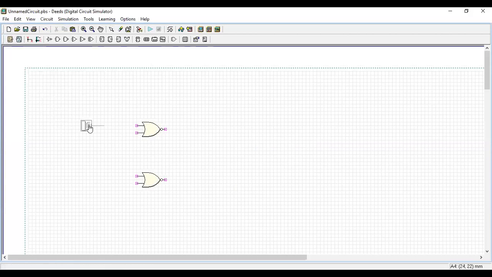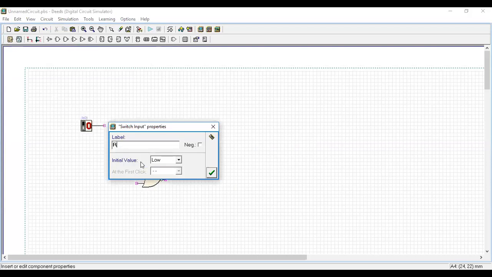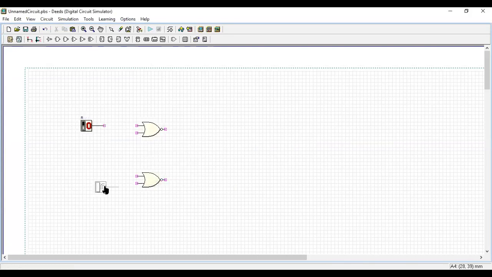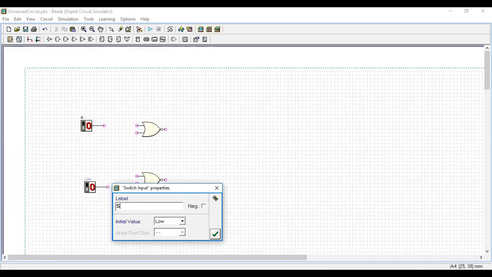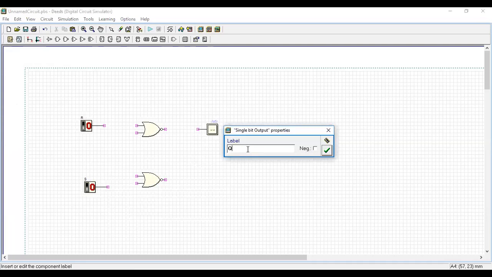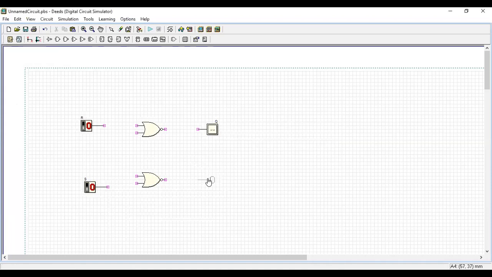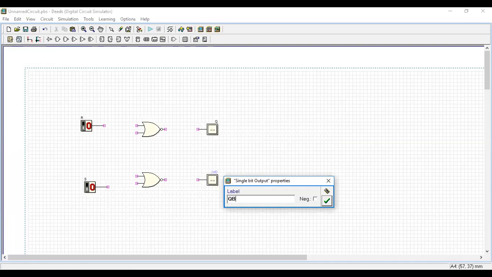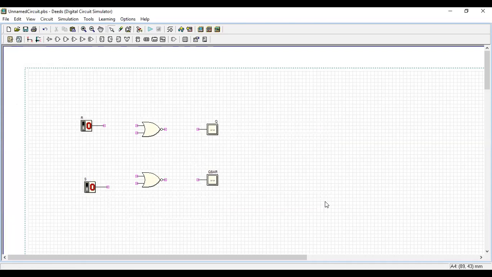Two input switches: the top is R, the bottom is S. The top output is Q, the bottom output is Q bar. S means set, R means reset. So this is a set-reset flip-flop. There is no clock here, so it is a set-reset latch instead of a flip-flop.